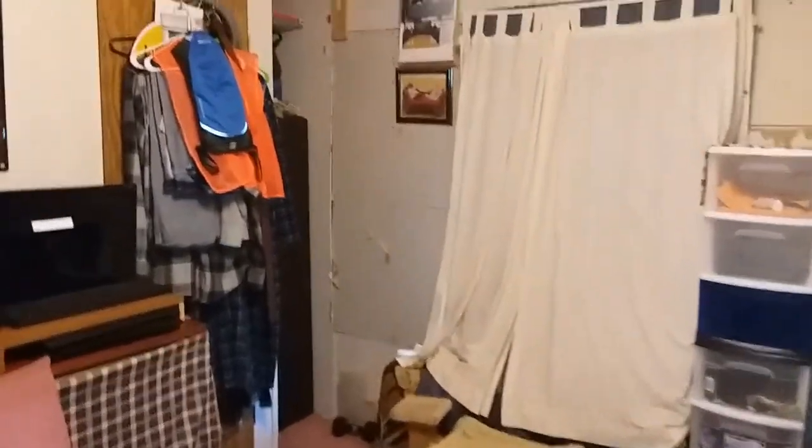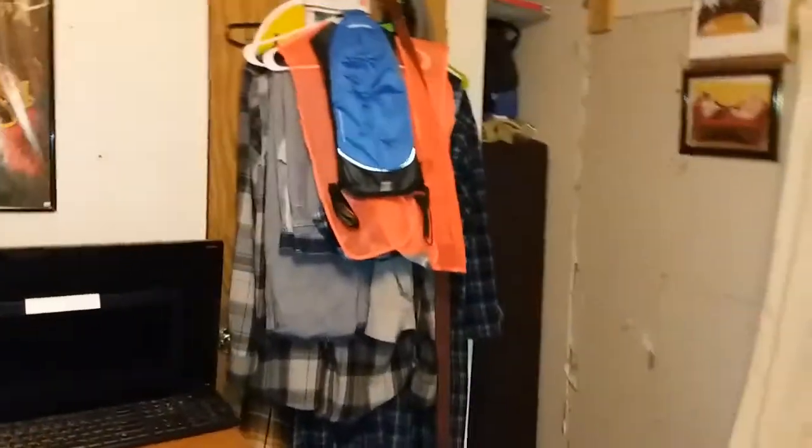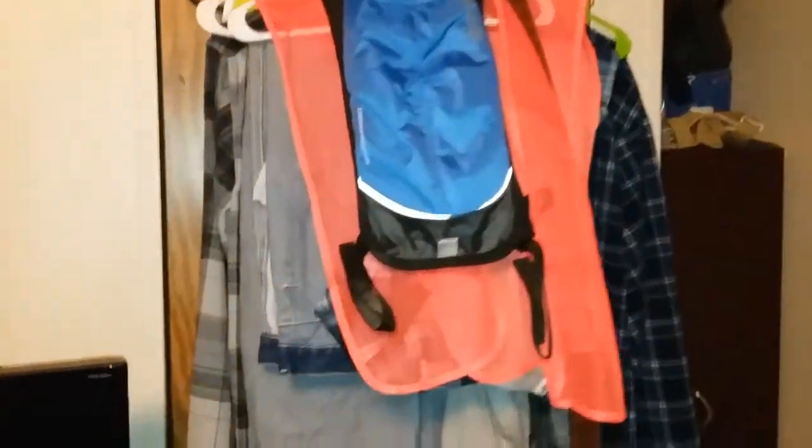Okay, so next to tackle or sort out, organize is these things hanging right on the front. Usually I hang stuff on here I'm using frequently. And then I'm going to take stuff out of here except for